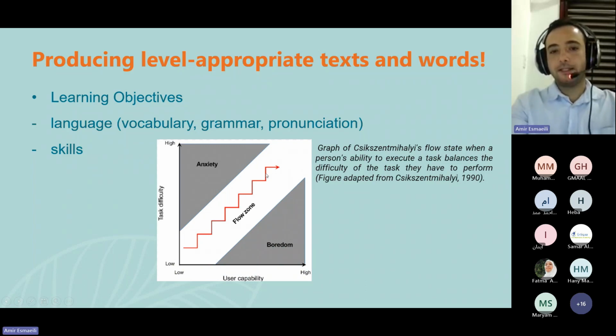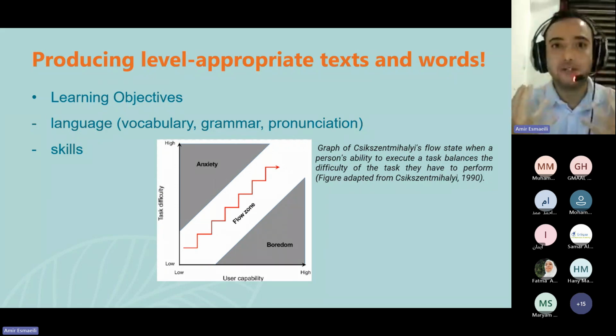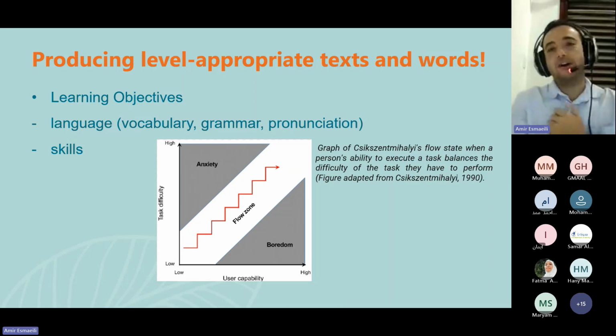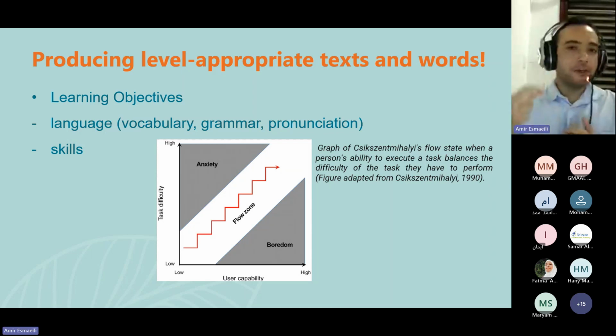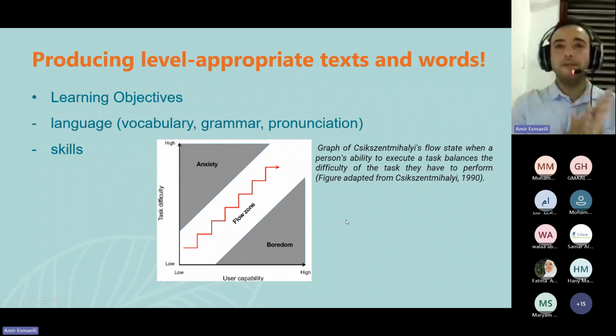Usually, this graph shows something very renowned in the world, which is the flow zone or flow state. Usually students are really engaged with texts that are slightly above their current level. So it is slightly challenging, what Stephen Krashen some decades ago discussed as comprehensible input, I+1. So I also want you to remember that if your students are, for example, at the B1 level, especially